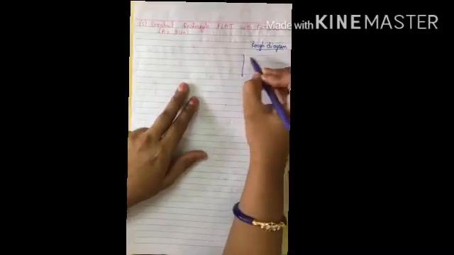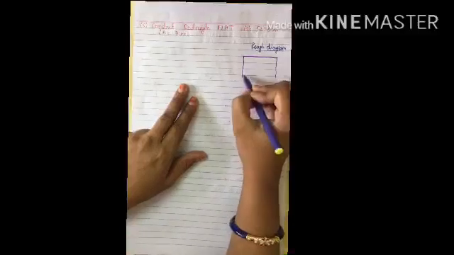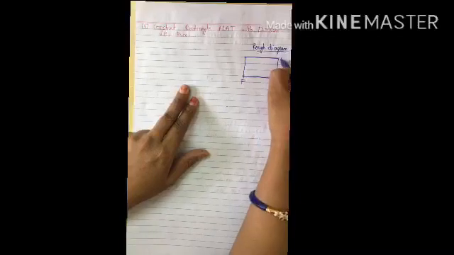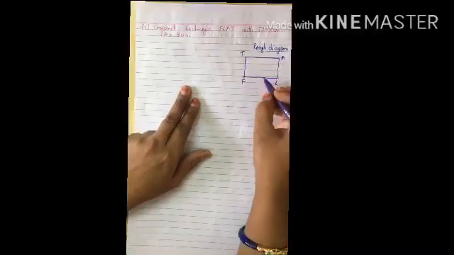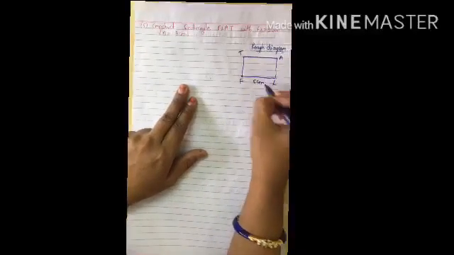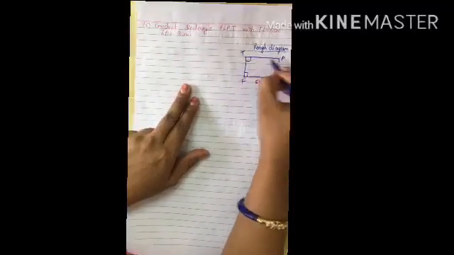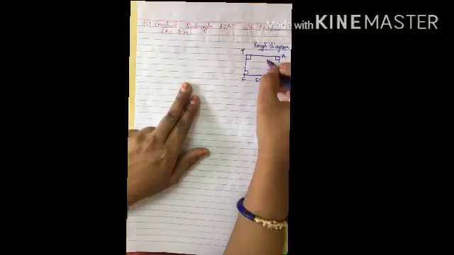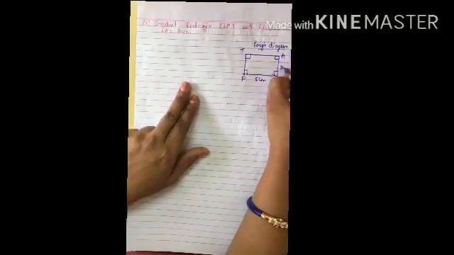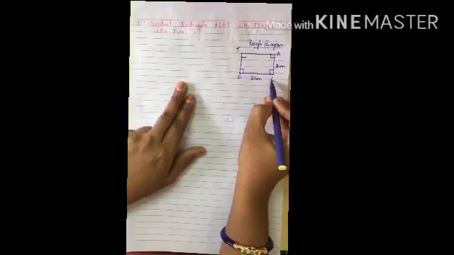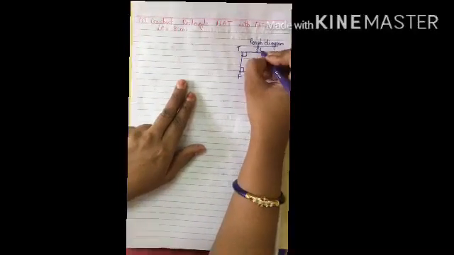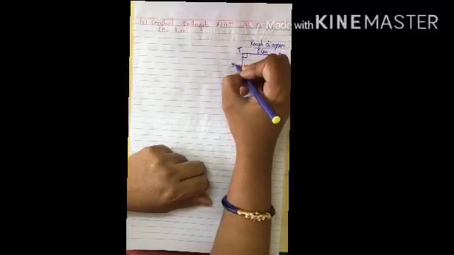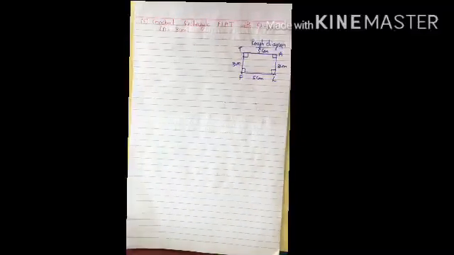And you know the shape of a rectangle, children? Okay, this is the shape of a rectangle. So you can take FLAT, and FL is given as 5 centimeters, and you can take all the angles as 90 degrees, right? And LA is 3 centimeters. If FL is 5 centimeters, then TA is also 5 centimeters, and AL 3 centimeters means TF is also 3 centimeters. And it's very easy to construct, children.